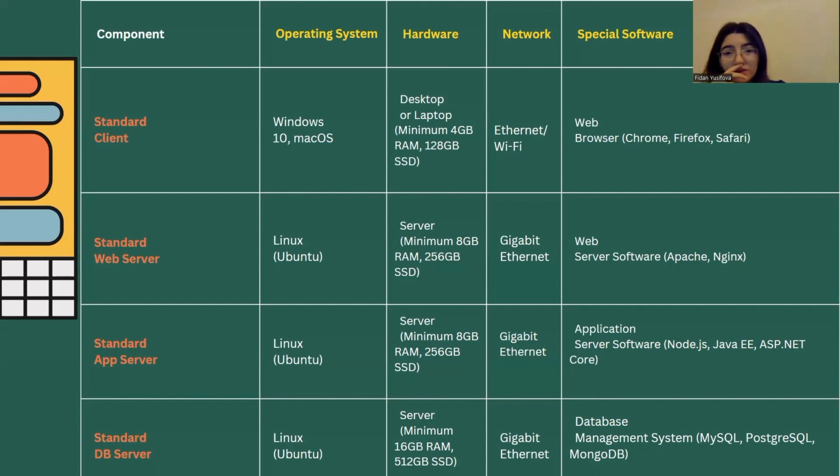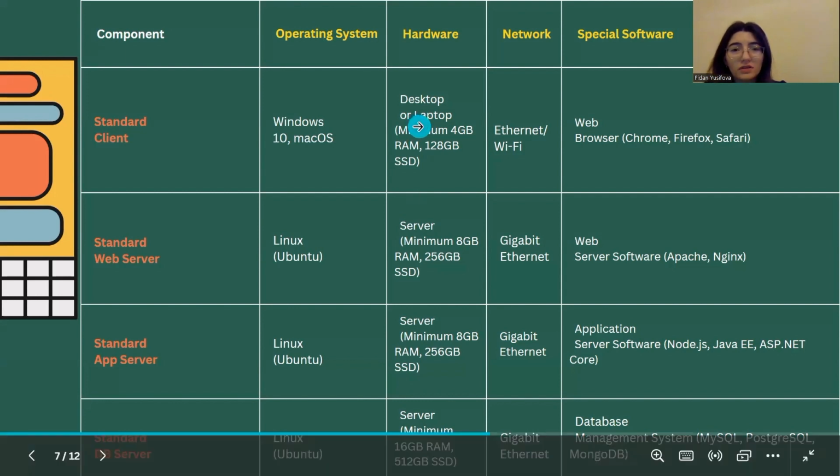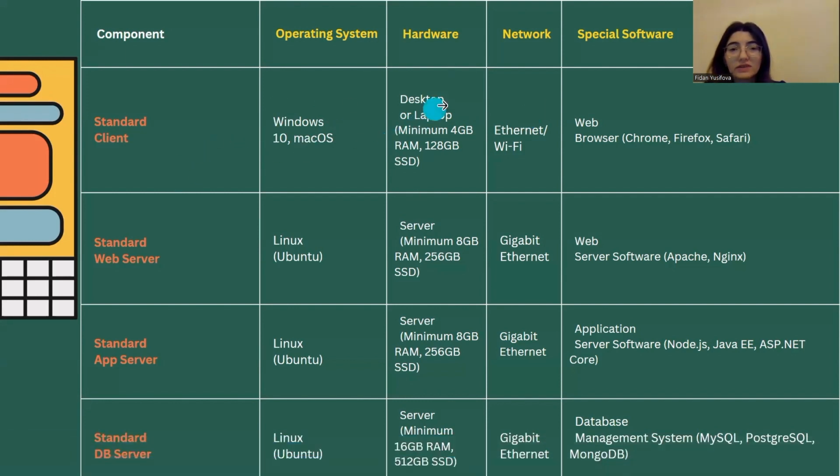And as you see, as hardware, for a standard client, we have a desktop or laptop, minimum 32 gigabyte random access memory and 128 gigabyte SSD. And for a standard web server, it is minimum 8 gigabyte random access memory. And it's a bit more for